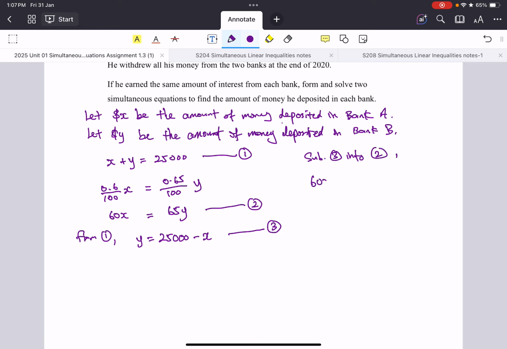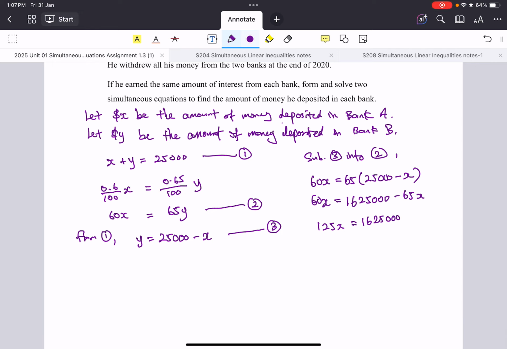So we have 60x equals to 65 multiplied by 25000 minus x. So 60x will be equals to, oh, that's a big number. So let me get my calculator out. We have 65 multiplied by 25000. That will give us 1625000 minus 65x. So that means 125x equals to